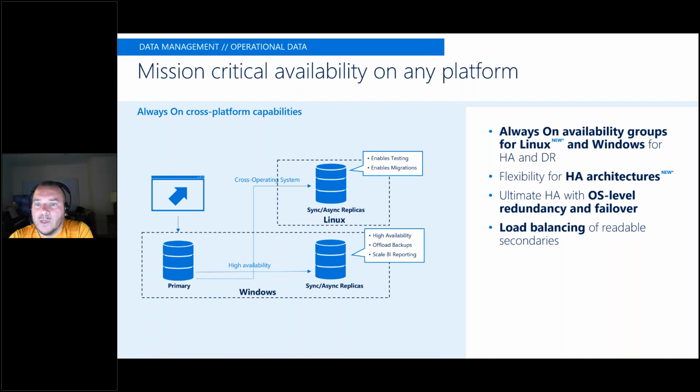For instance, if there is something like operating system related zero-day bugs that need to be fixed, but you still want to keep your mission critical environment running, you can move the primary workload from one operating system to another. And one of the scenarios would be, for instance, migrating from the Windows platform to Linux. So this is something that customers actually have been doing now with SQL Server 2017.